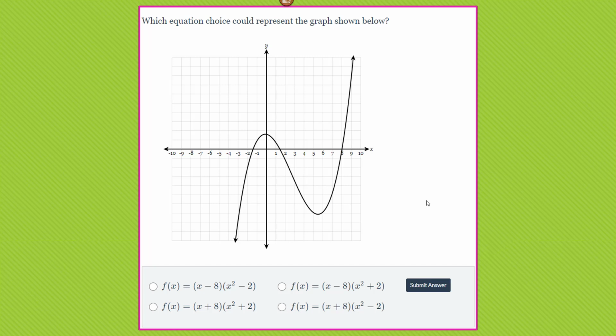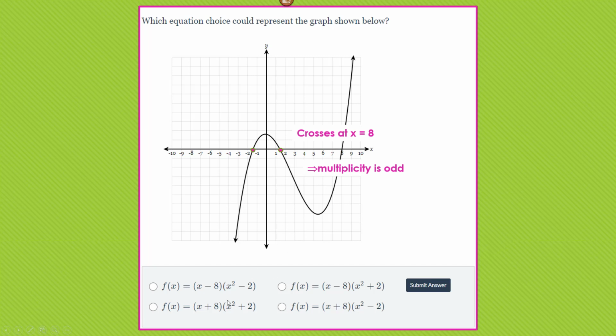Okay, and this one we are looking at our zeros, and this one's a little bit different, because these first two zeros, we don't even know exactly what they are, right? They fall kind of between 1 and 2 and -1 and -2. But we do see that the graph crosses at x equals 8, which means we're going to have an odd multiplicity for x equals 8, or the factor would be x minus 8. All right, so I could narrow it down to these first two choices based on the x minus 8 crossing